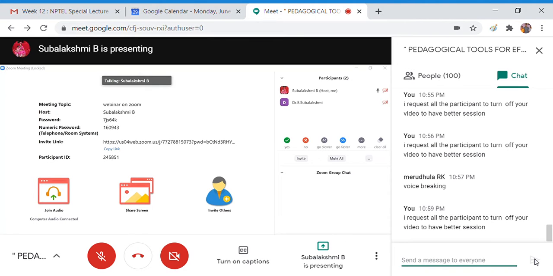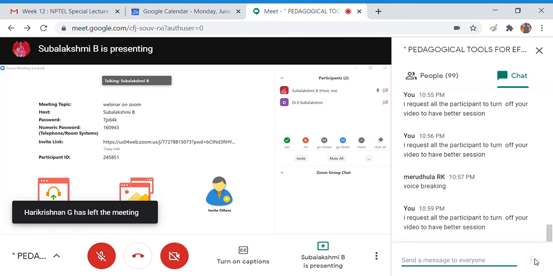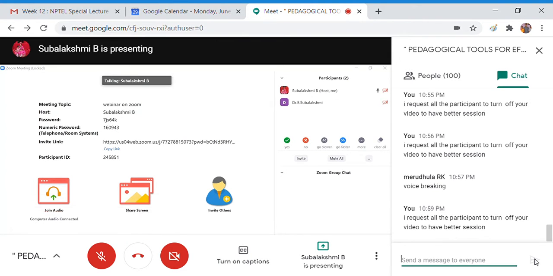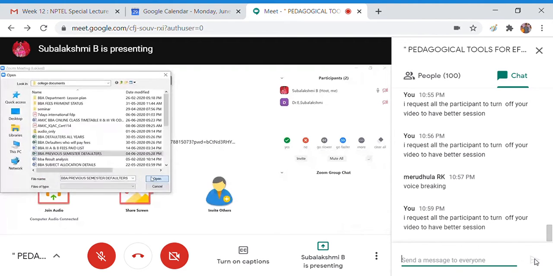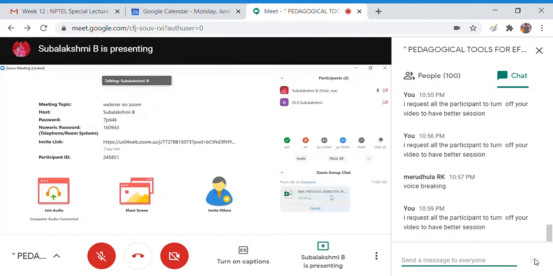And next, you can see an option here, file. This is a very important feature of Zoom. As I already told you in the settings, you can share any file in the chat window. Either the files can be shared from the cloud or drive or from your local computer. Now I'm going to share a file from my local computer. So I'm sharing a file. Here you can see a file has been shared. So once your session is over, if you want to share your PPT or any notes with the students, it can be shared in the chat window.